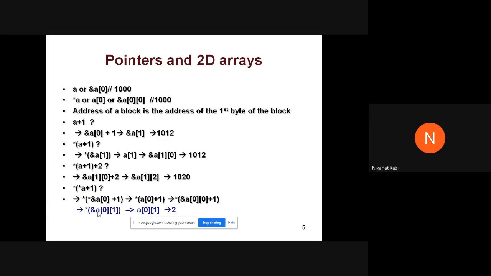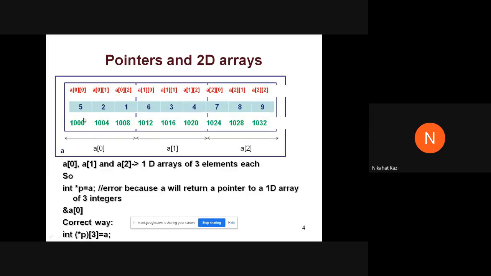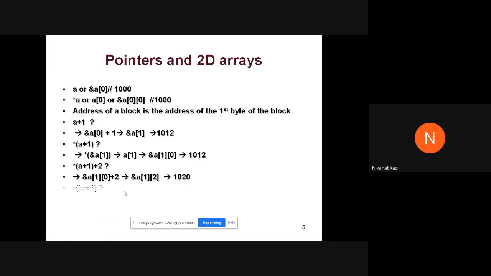address will be the address of the second element of the first array, which is correct, 1004, because one integer, you are incrementing by one integer, and there's a star outside, right? There's a dereferencing operator outside the bracket. Okay, so this is correct.